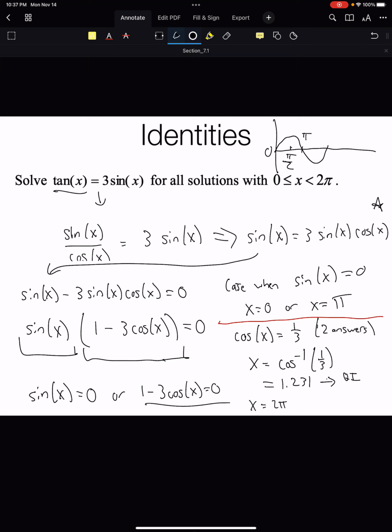X equals 2 pi minus 1.231. So 1.231 is my reference angle. I know it's not common to see an angle as a decimal, and we're more used to pi's, but it is an angle. And so we want, in the fourth quadrant, something that has a reference angle of that. And so 2 pi minus 1.231 in decimals is